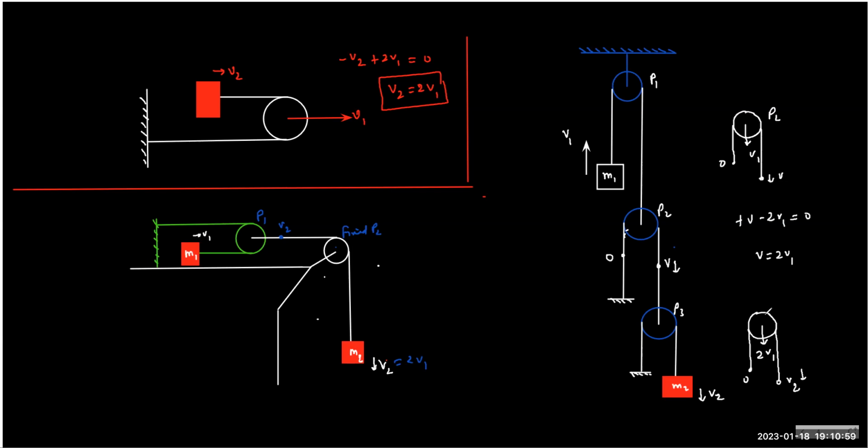So now you can do the same analysis for P3, isn't it? If you do the same thing for P3, what will you like? Tell me, Prasan sir, any guess? In P2, I didn't understand why it was minus 2V1. Tell me, as the pulley goes down, will it stretch the segment, compress the segment, or shrink the segment?